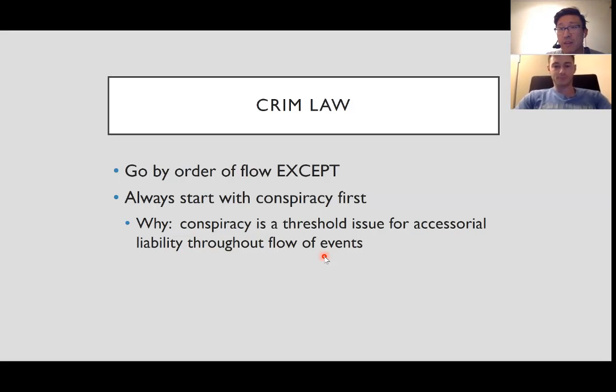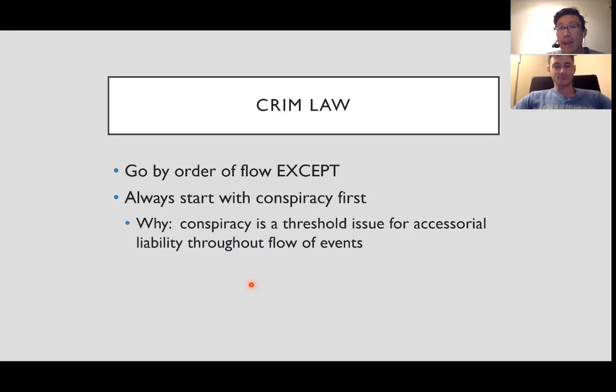So when X shoots Y, and X was in a conspiracy with Z, and you have the kind of conspiracy where they're each liable for any crimes committed pursuant to that conspiracy,